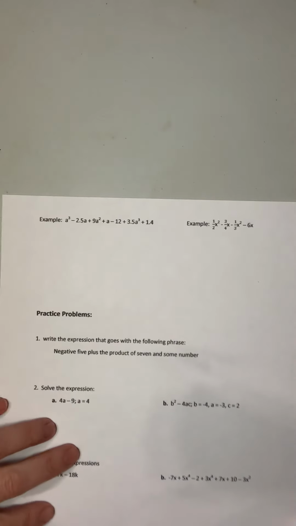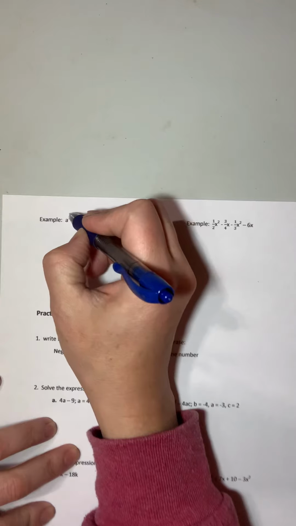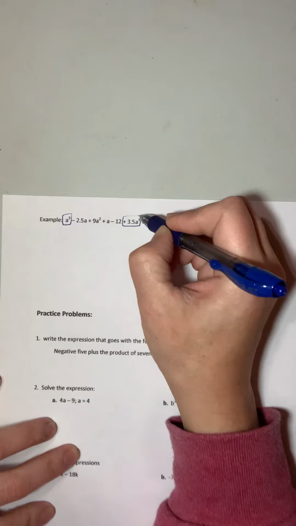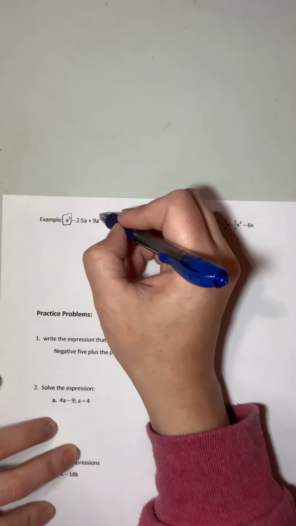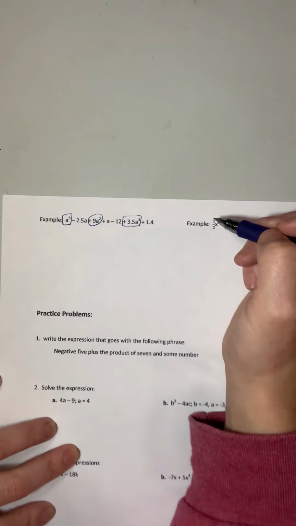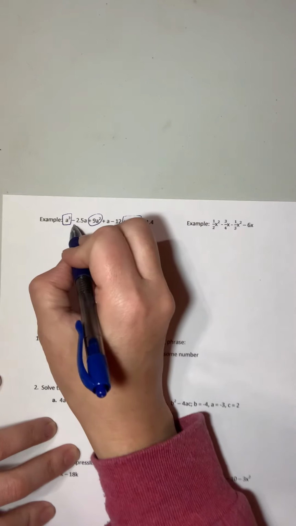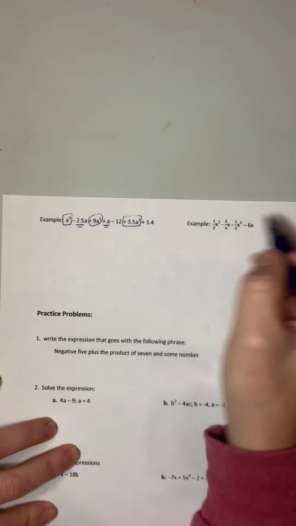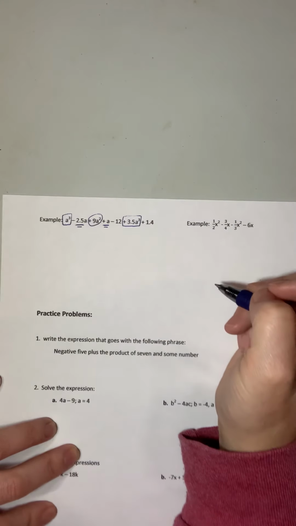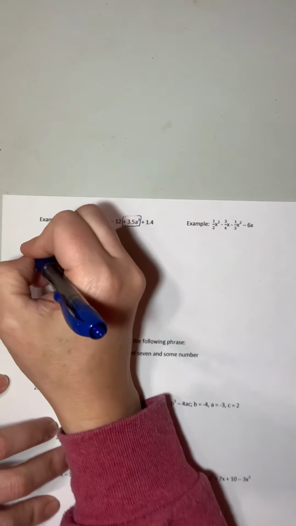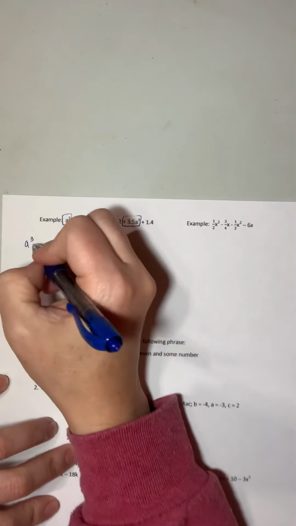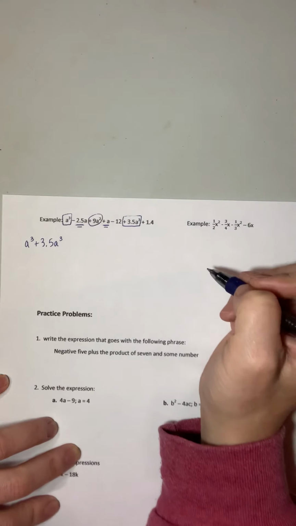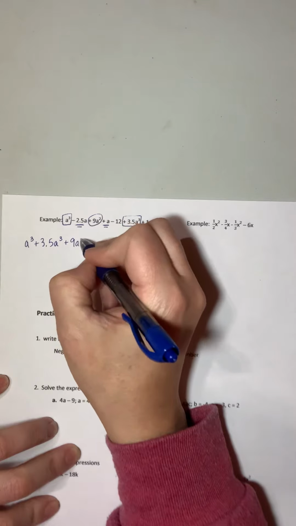We have 2 left. Okay, so I have a to the third and 3.5 a to the third. I have positive 9a squared. I have the a's and then the constants. So I have a to the third plus 3.5 a to the third plus 9a to the squared